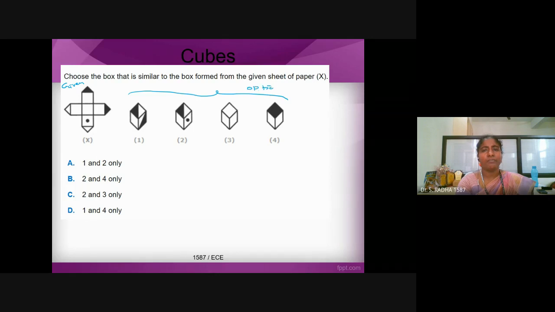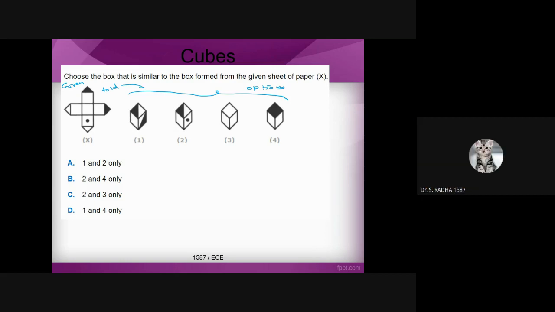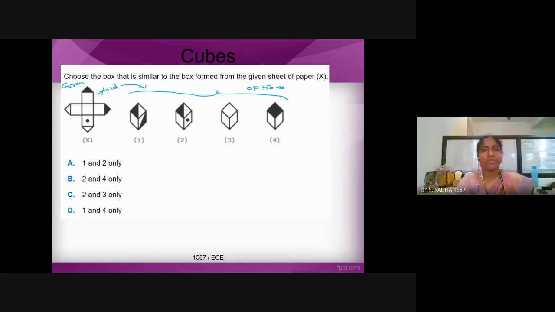When you fold the paper, one of the options will come. We have to tell which may be the possible answer. Now, if you see,